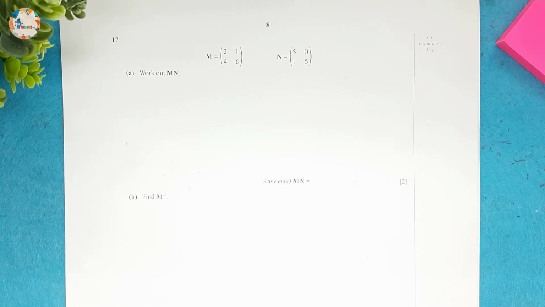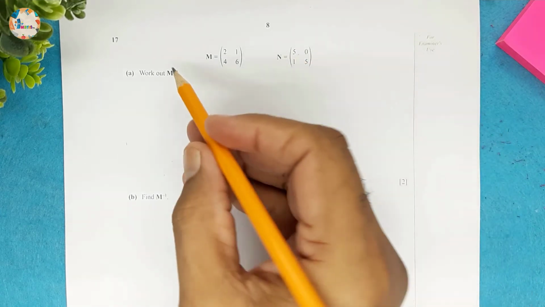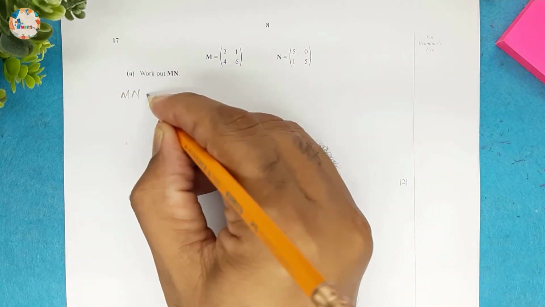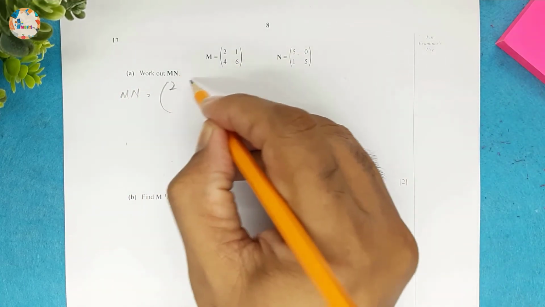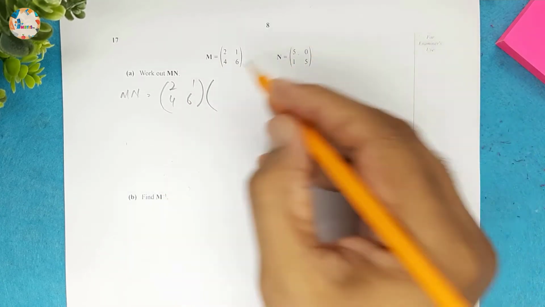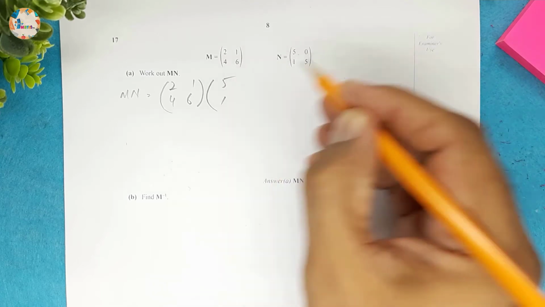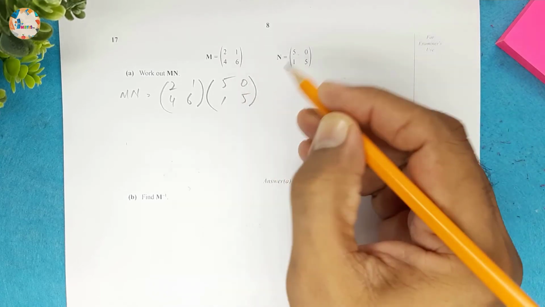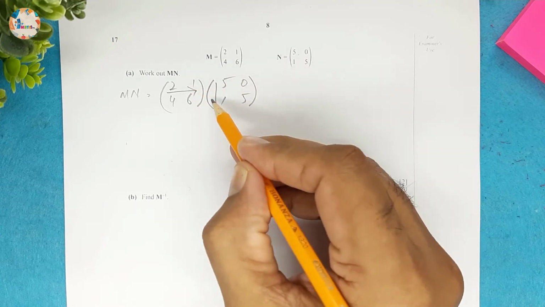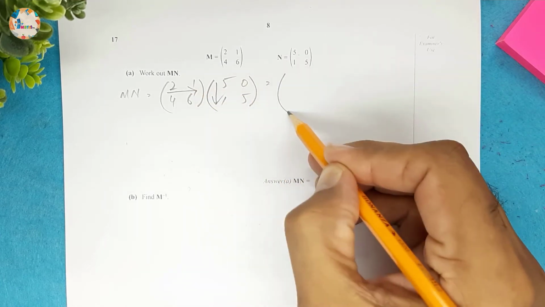Now question number 17 is a matrices question. M is given, N is given. We have to work out M into N. So MN will be equal to M, which is 2 and 1, 4 and 6, and N will be 5 and 1, 0 and 5. So this will be a multiplication process, first row, first column, and this will be equal to